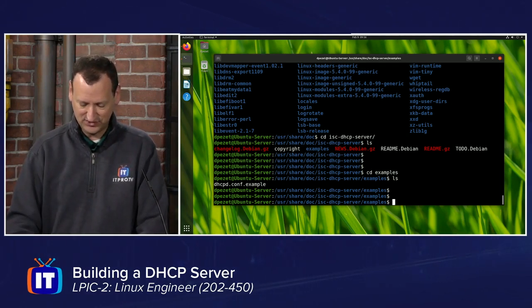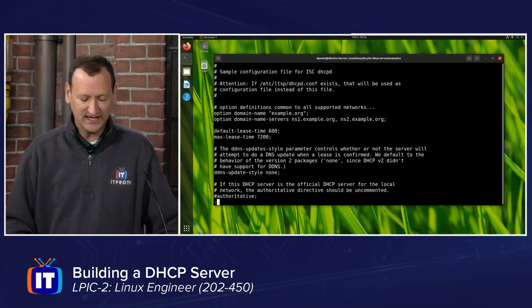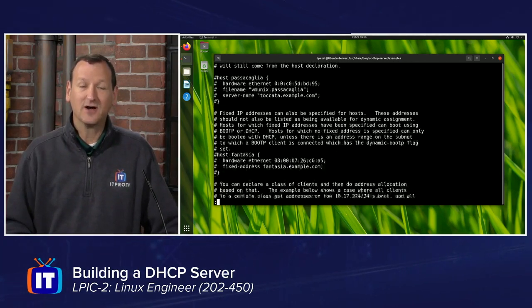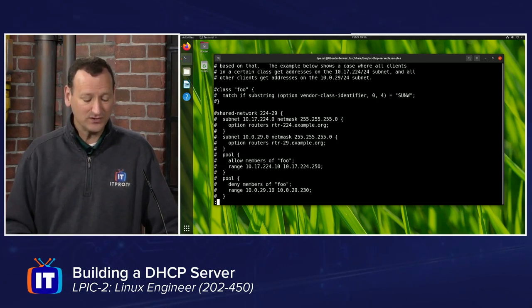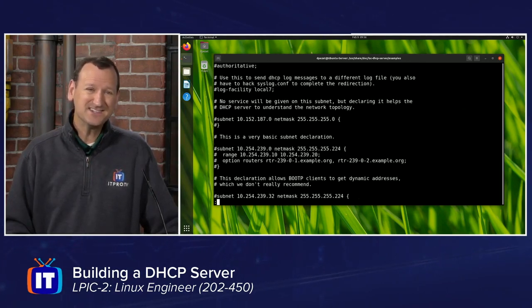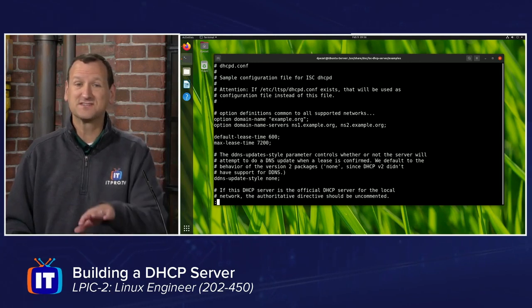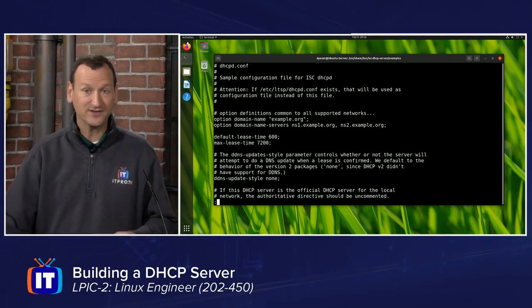And let me show you here. I'm going to less that file so we can look at it. And you'll see it has a ton of stuff in there, all heavily documented. So while you could copy this over, it's usually better to just create one from scratch. But this gives us the guidance of what we need to put in our configuration so that we can get